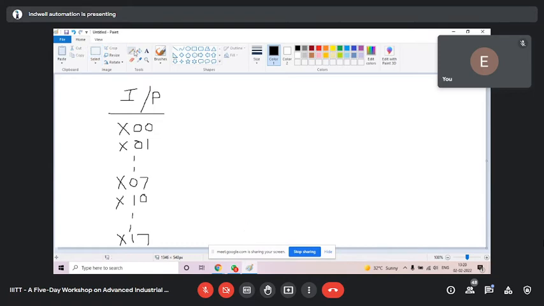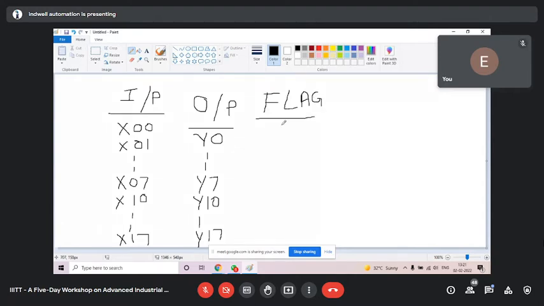Now you see output. Output is Y in Mitsubishi. So Y0 to Y7 and then Y10 to Y17, like that it will go. Done. Flag: we have M, the same. It uses the decimal number system, meaning M0, 1, 2, 3, 4, 5, 6, and it will continue. There is no octal or hexadecimal, it is decimal. So input, output, flag. One more thing we need to know is timer.